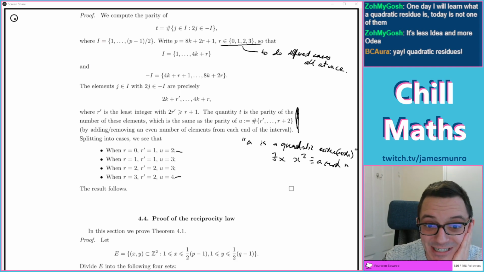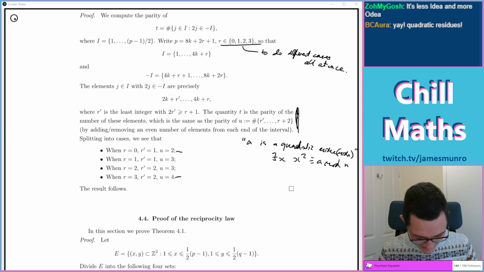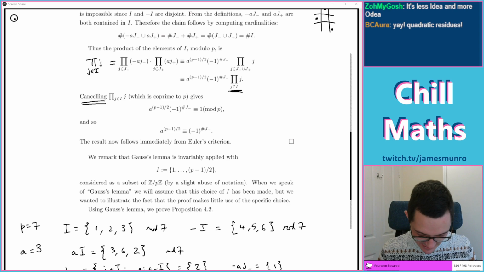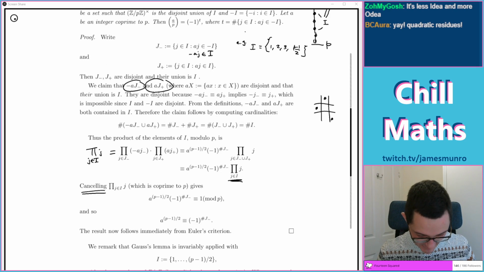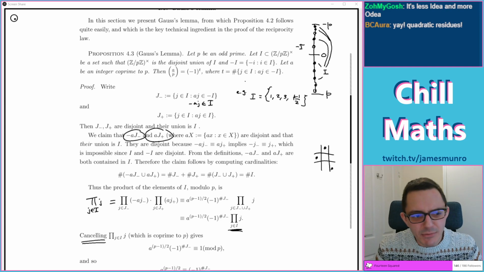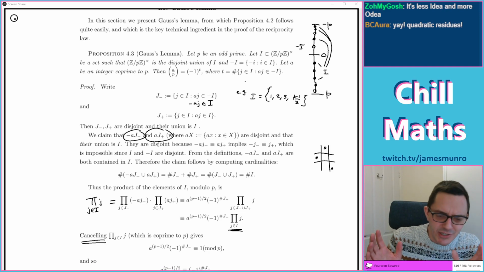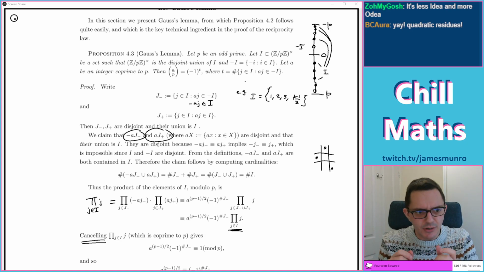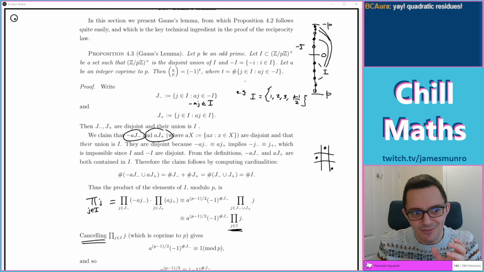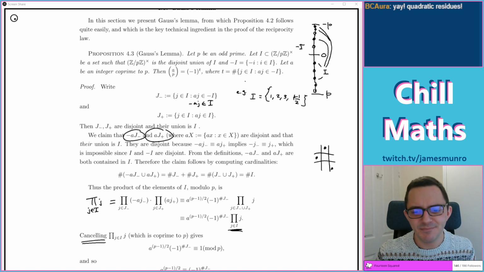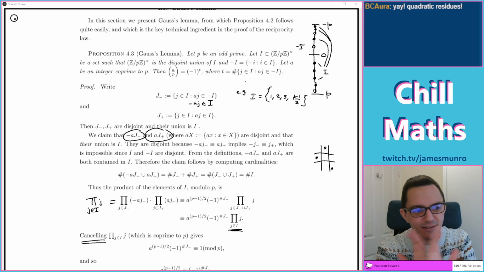Gauss has got a strategy for these. You can tell, says Gauss, if a is going to be a quadratic residue mod p, a prime. You choose a set of numbers, splitting up half the remainders in the mod p world, call them I. Make sure you've split it so that I and minus I cover everything. You've got a positive and negative, but you can choose however you like. People normally choose the first half to be the positive half and the second half to be the negative half. That's normally how people define positive and negative, fine, whatever.